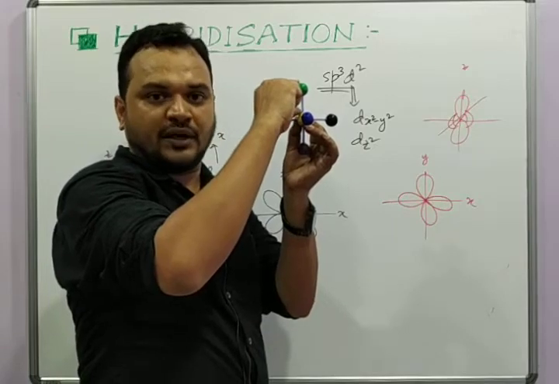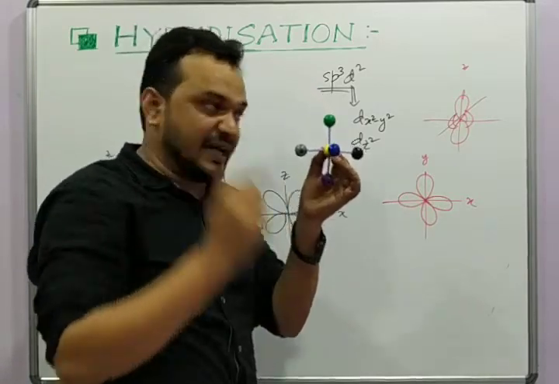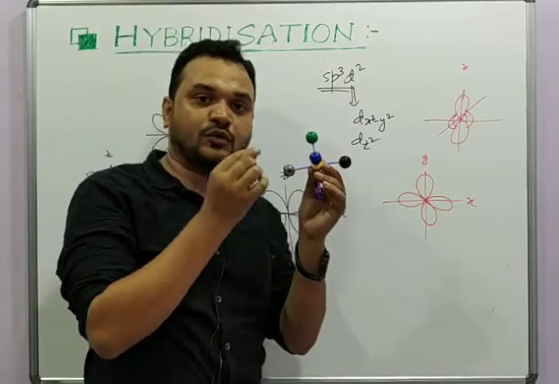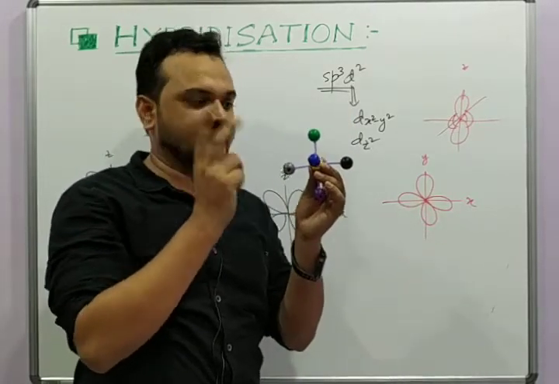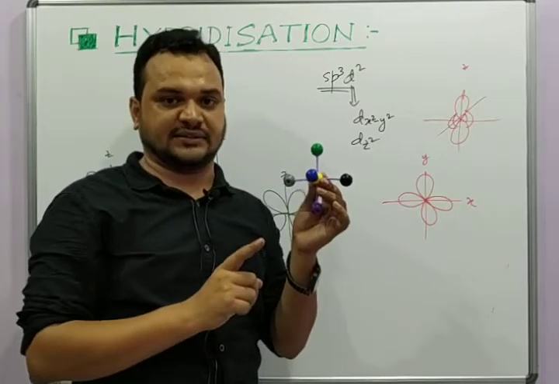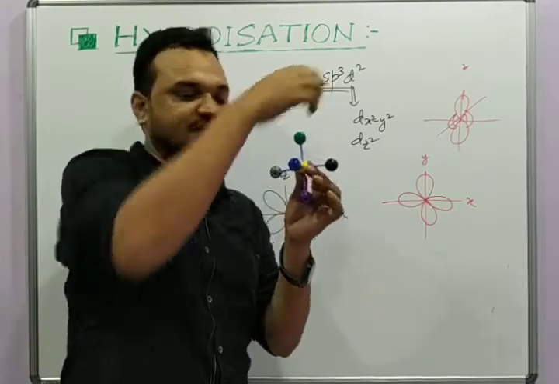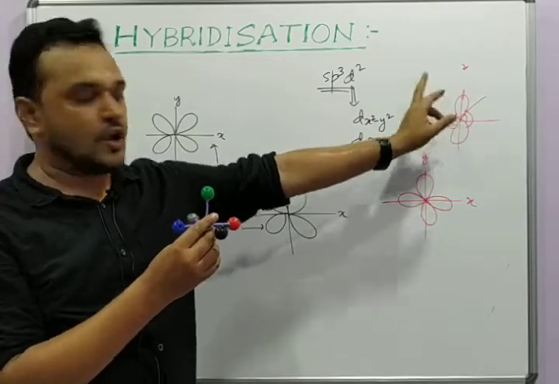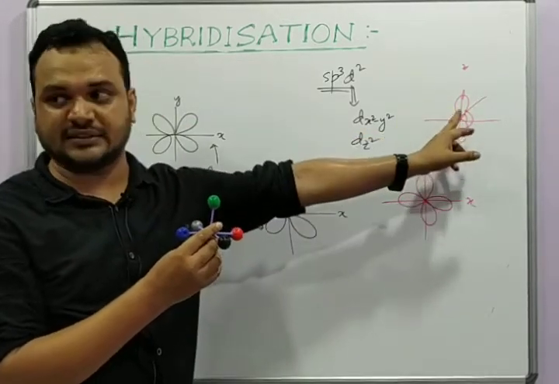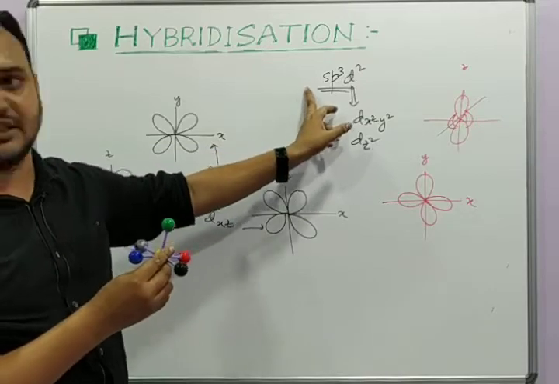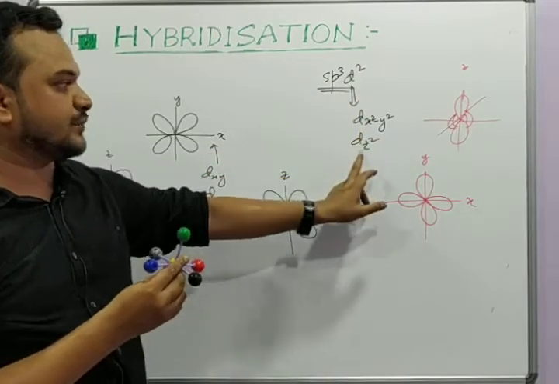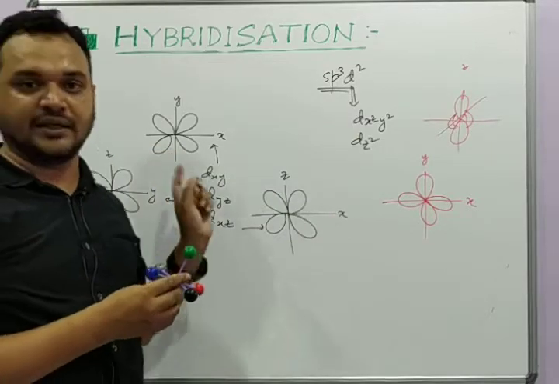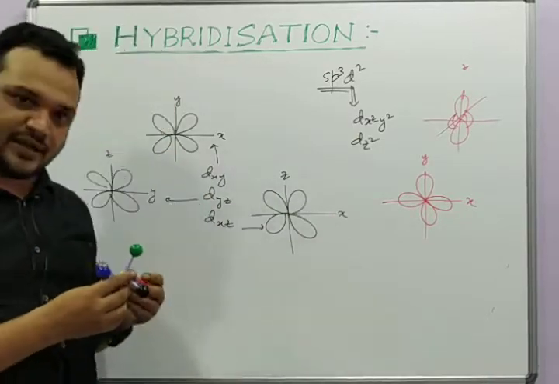Very significant overlap, giving you a stronger bond, and that's why in sp3d2 hybridization we have to carefully choose the two d orbitals which are oriented along the axis but not in between the axis. And clearly we can see it is dx square minus y square and dz square which are oriented along the axis. So when it is sp3d2 hybridization, it is the dx square minus y square and dz square that participate, but not dxy, dyz or dxz, right?